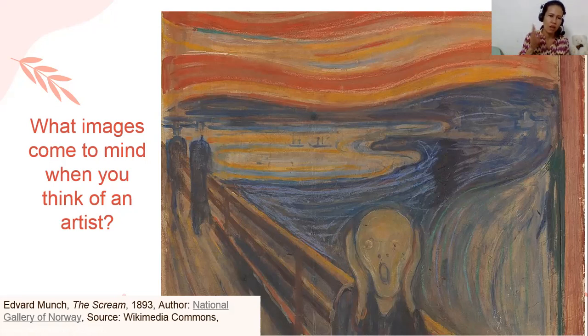Because the story behind Edvard Munch, he has, I think, a mental issue also, because he had a lot of trauma in the past from having a verbally abused father, from having a mother who died early, and his sister died as well due to tuberculosis, and another sister experienced being mentally ill as well. So maybe parang napaka-tragic ng buhay ni Edvard, or even yung kabataan ni Edvard Munch, and that is why